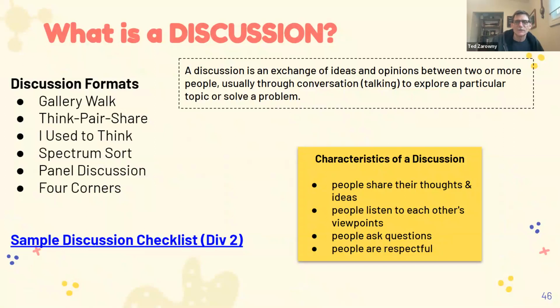And that checklist is developed by using the statements that were in the competencies, which are identified in the New Learn Alberta website with the curriculum. The competencies are communication and collaboration competencies for Div 1 and Div 2. So I've combined the Div 1 and Div 2 things that I thought would make a useful checklist for that grade. If you want to use that, you can.